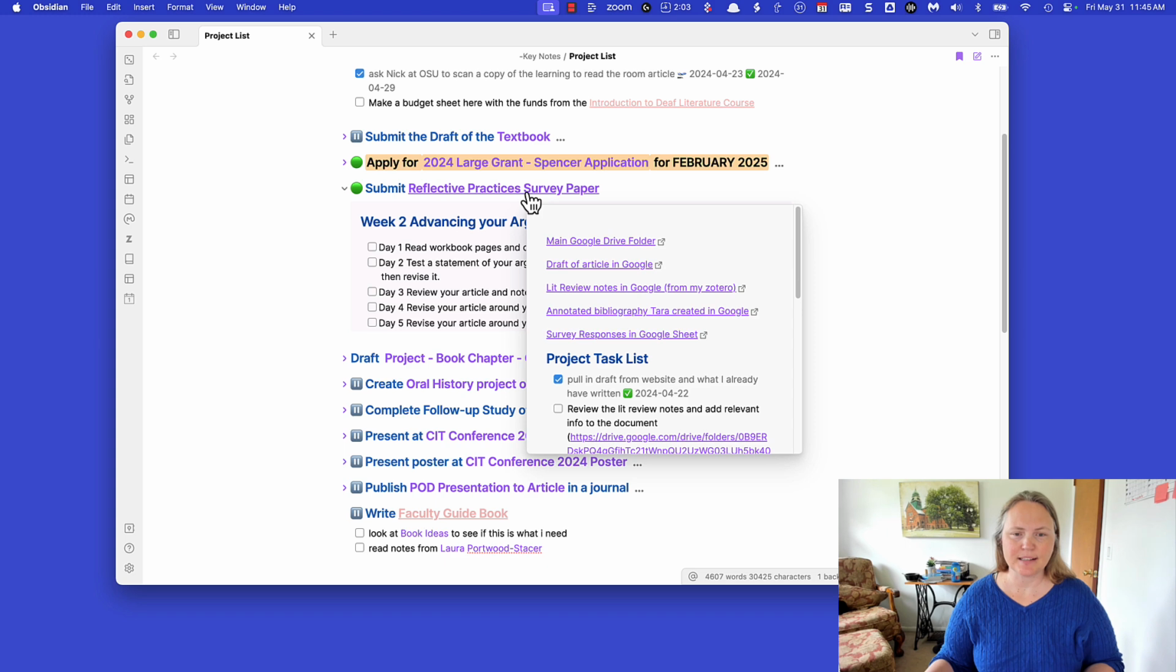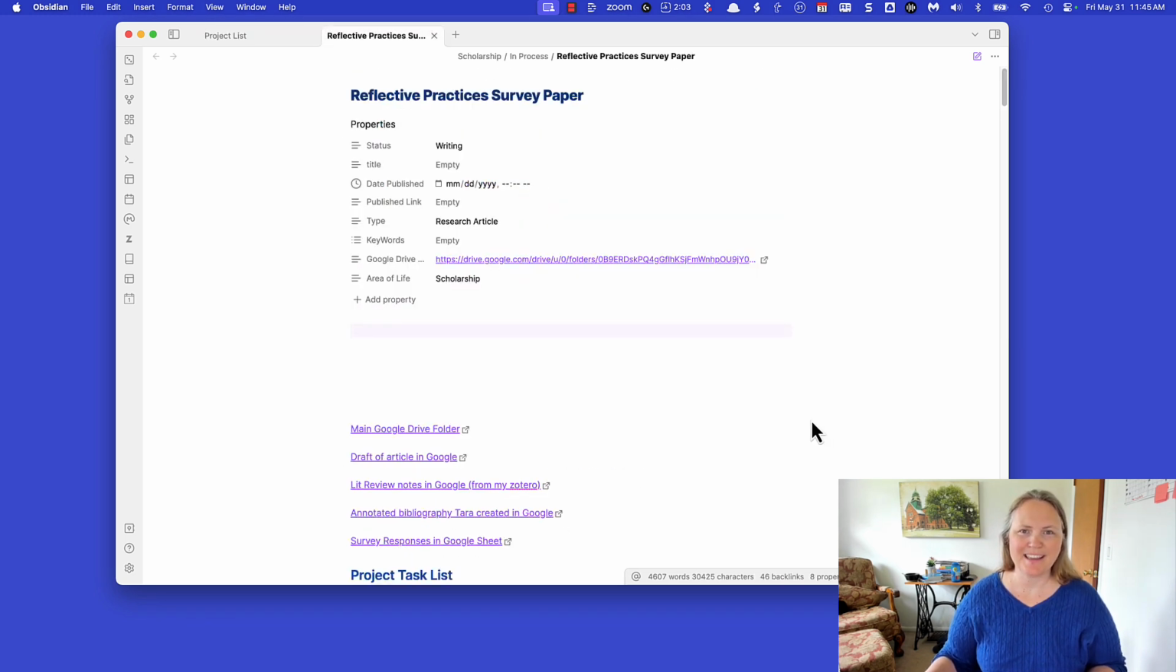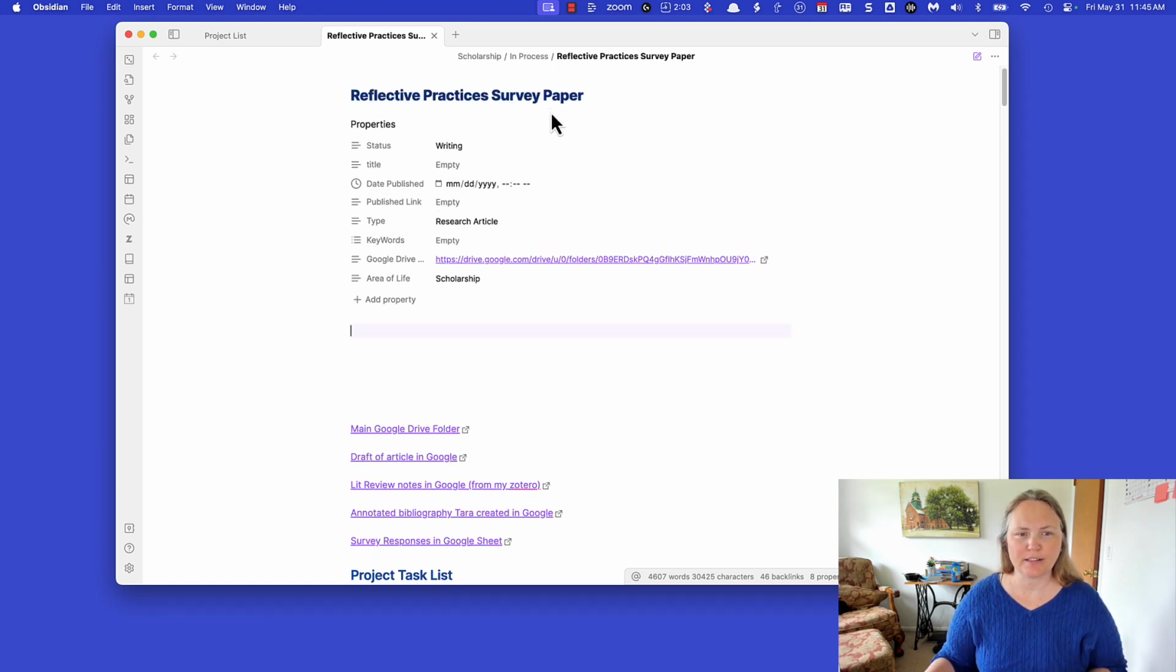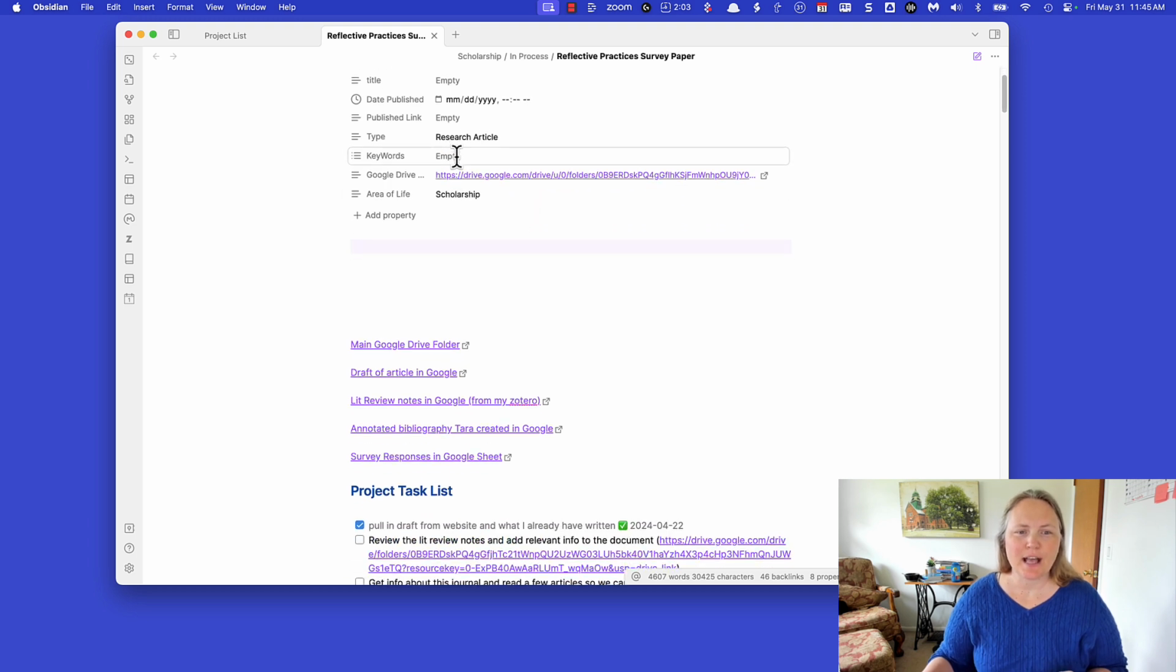I can also access it by, if I hold down the key and then press this, it goes right to the main reflective practices project. It's in a writing status. I don't have a title for it yet. It is not published because it's in process. I don't have a link because it's not published yet. It is a research article, keywords,